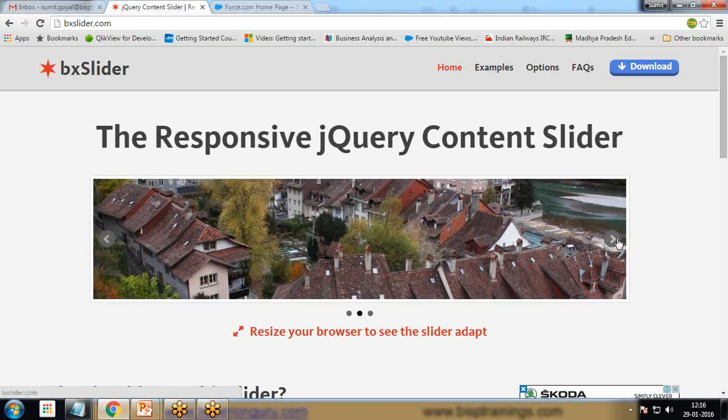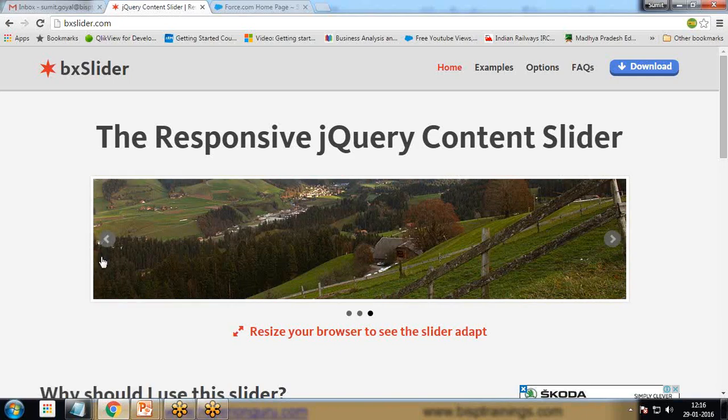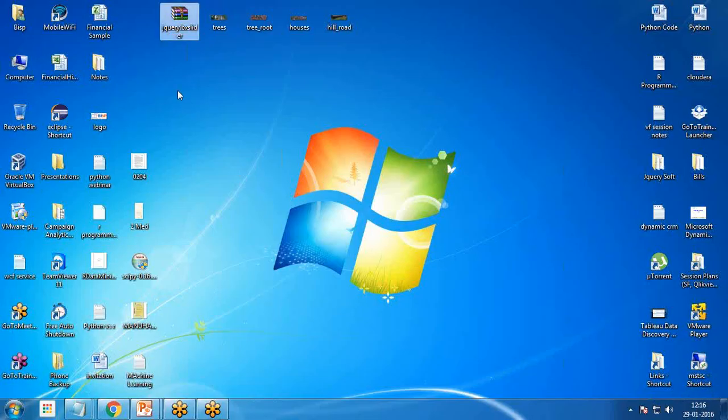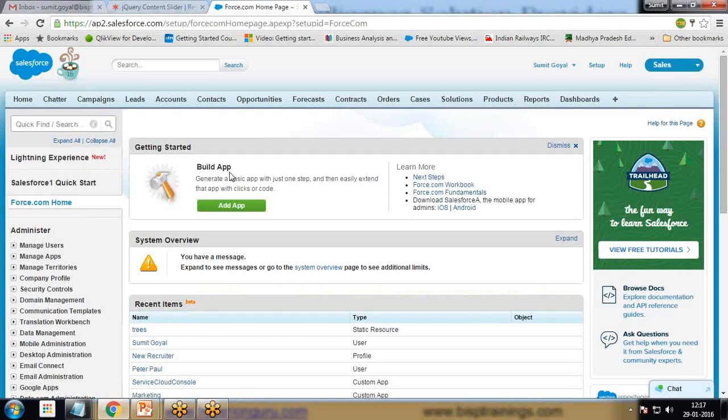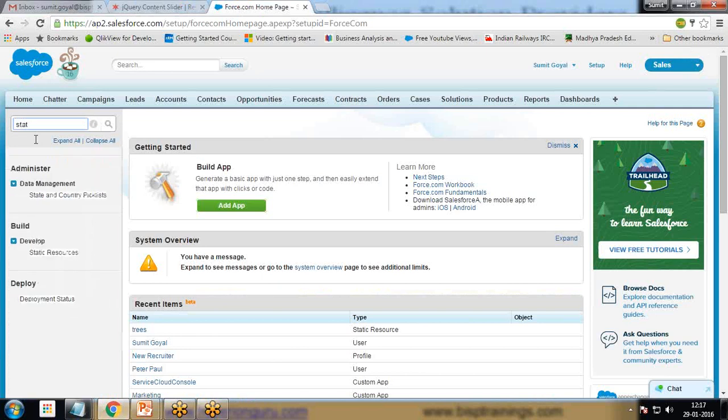You can see here we are getting the options to slide from one page to another. The same kind of functionality we can implement, but I don't want these controls, and I want the text to be updated automatically. For this we need to download and save this BX slider on our system. I have already downloaded it and stored it on my desktop as jQuery.bxslider. Then I need to add this jQuery bxslider as a static resource on my system, so I go to static resources